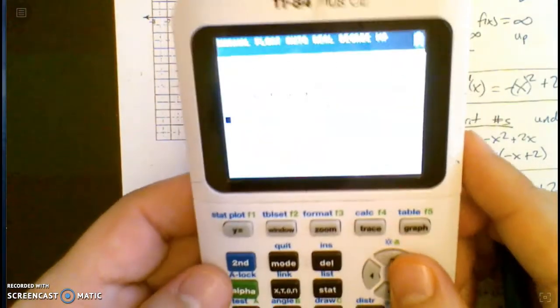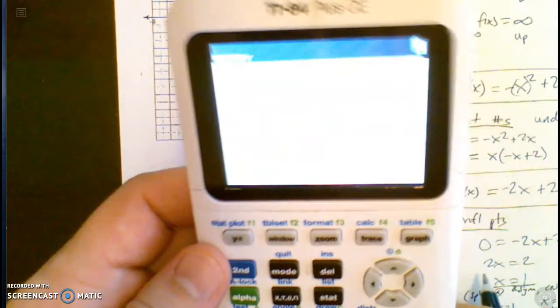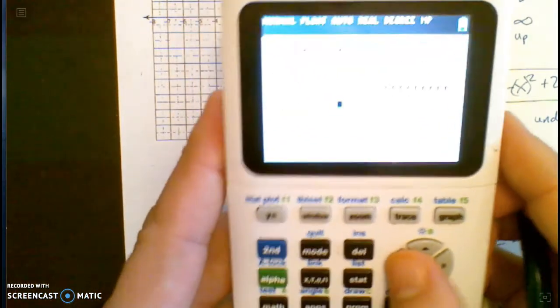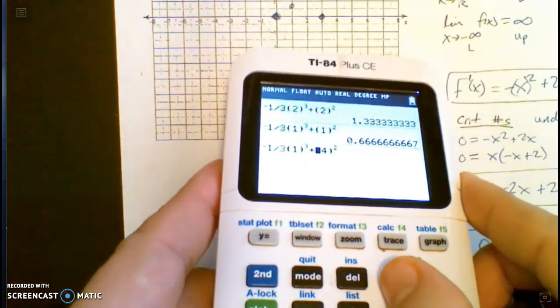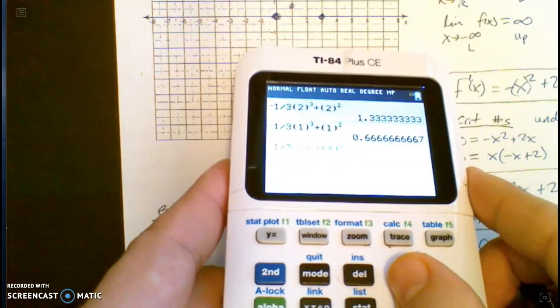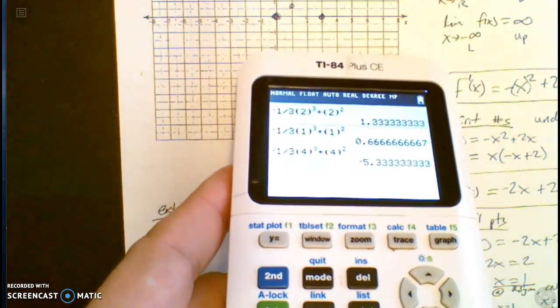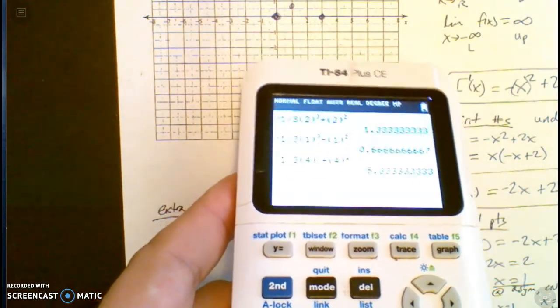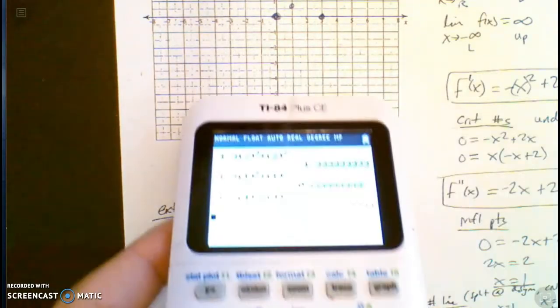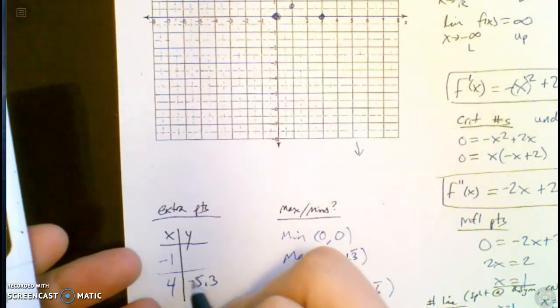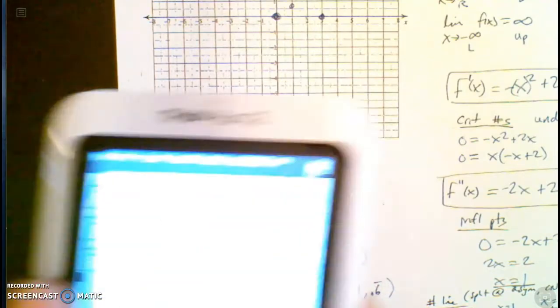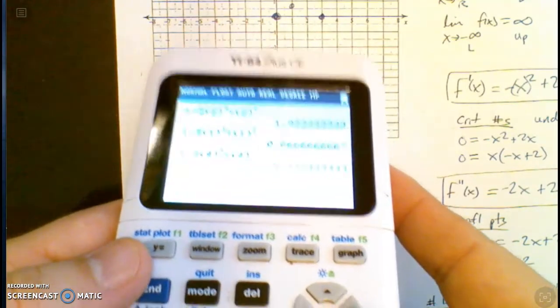And so I just go back in my history, and I change these to a 4. Oh, you can't see that, but this is the original equation, so I'm getting y values. If I plug in a 4, I get a -5.3 repeating. Okay, if I go back and plug in a -1,